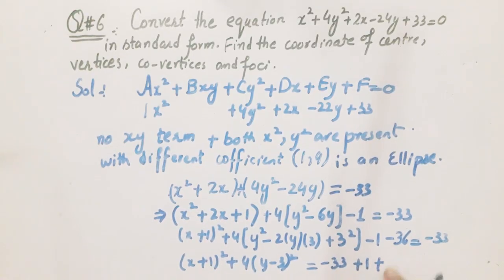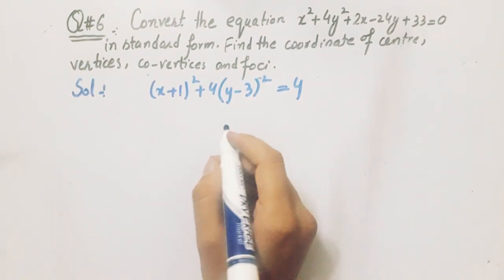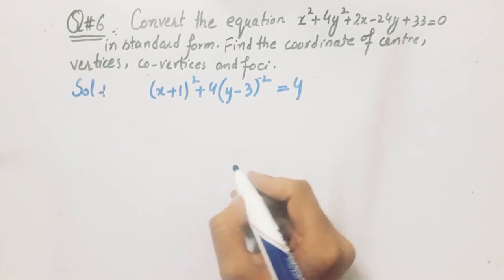So you will add minus 3 plus 1 and plus 36. 36 minus 33 is 3, 3 plus 1 which is equal to 4. So now you will rewrite the equation. Now you have to convert this equation into the standard form of an ellipse, that is